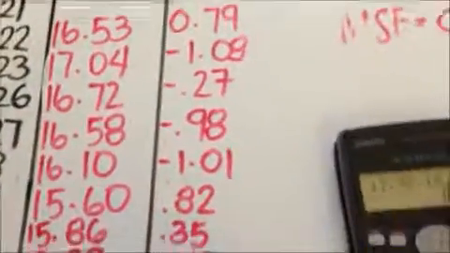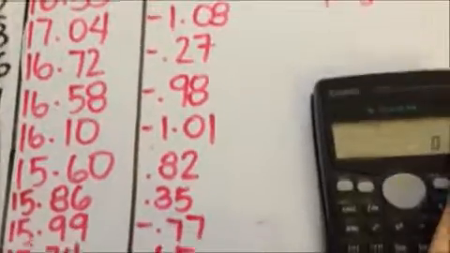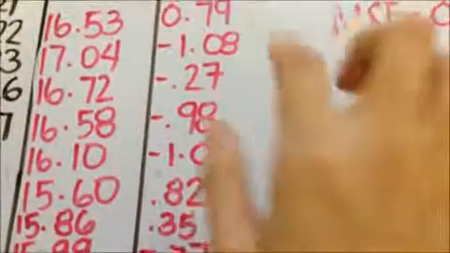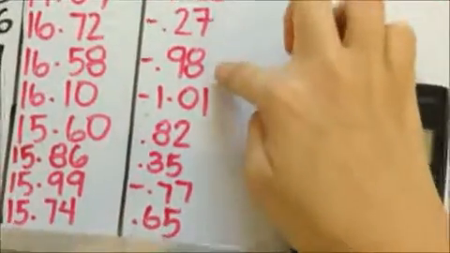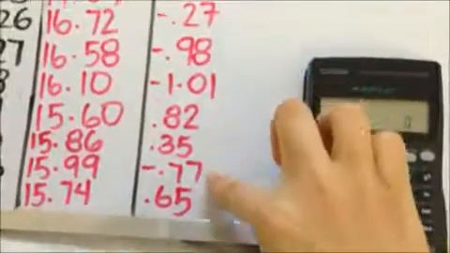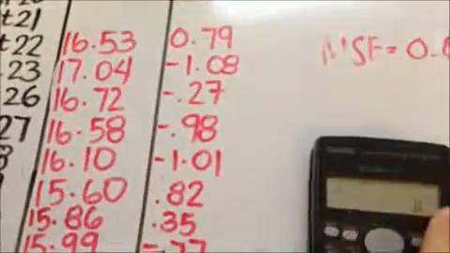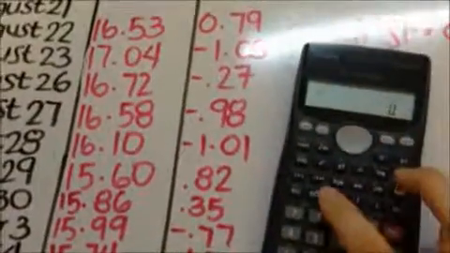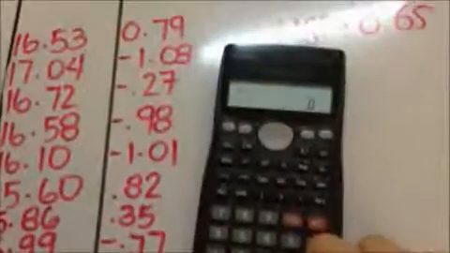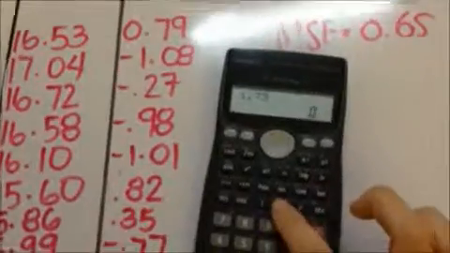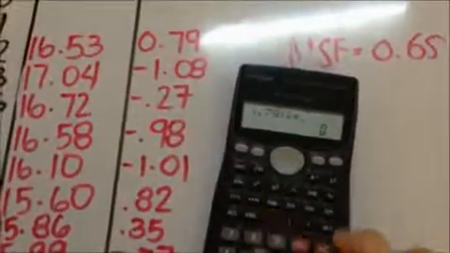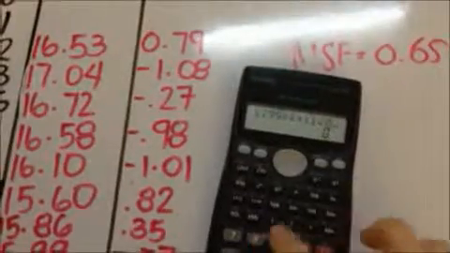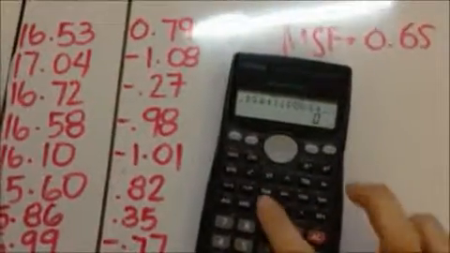After we are getting all of the error, we are going to square everything and then add everything up and then divide it by 1, 2, 3, 4, 5, 6, 7, 8, 9. So we are going to divide it by 9. So 0.79 square plus 1.08 square plus